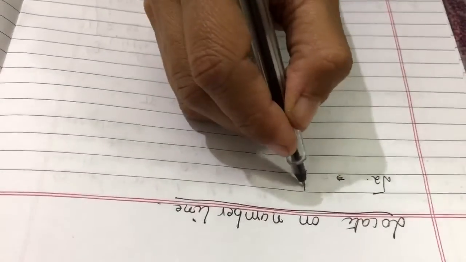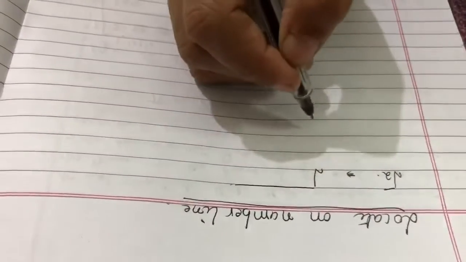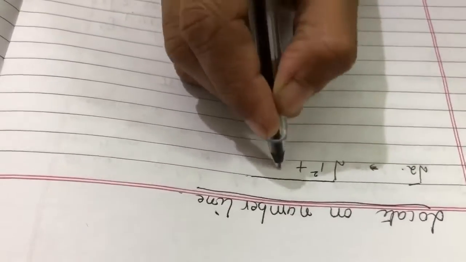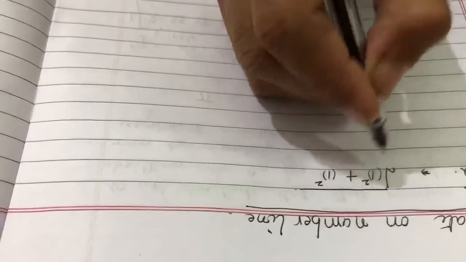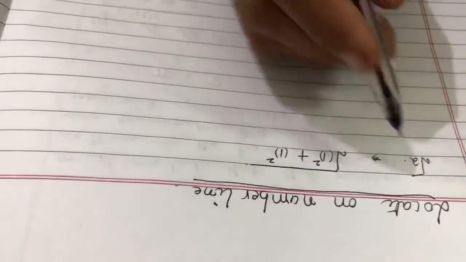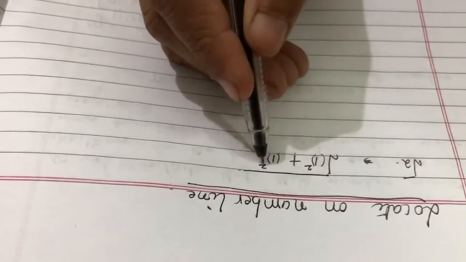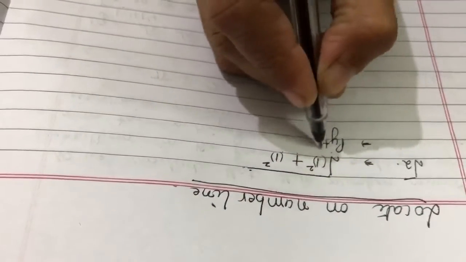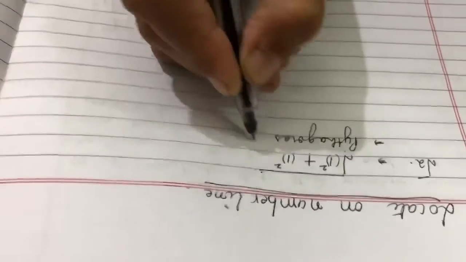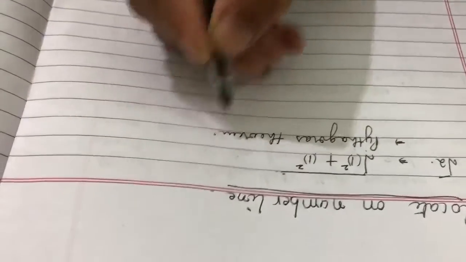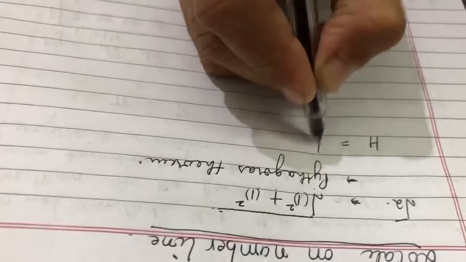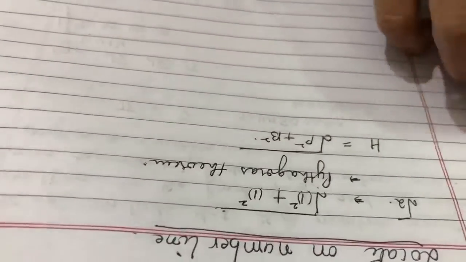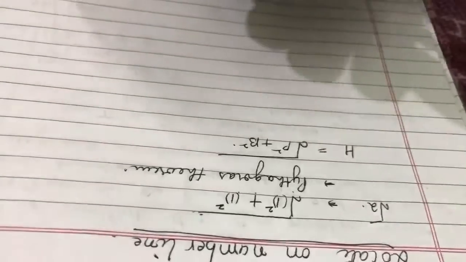So what we do, we start with the split of this number. We take it as a sum of squares of two numbers. So students, √2 can be written as the square root of 1 squared plus 1 squared. If we compare it with the Pythagoras theorem, it gives you h as the square root of p squared plus b squared. So now let's represent it on the number line.